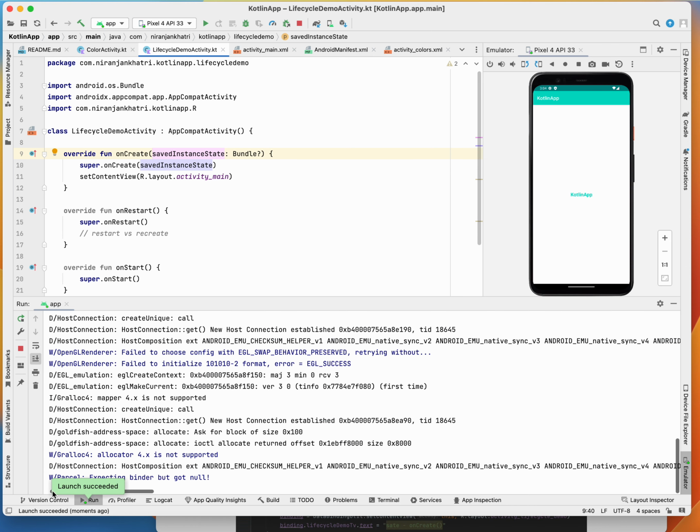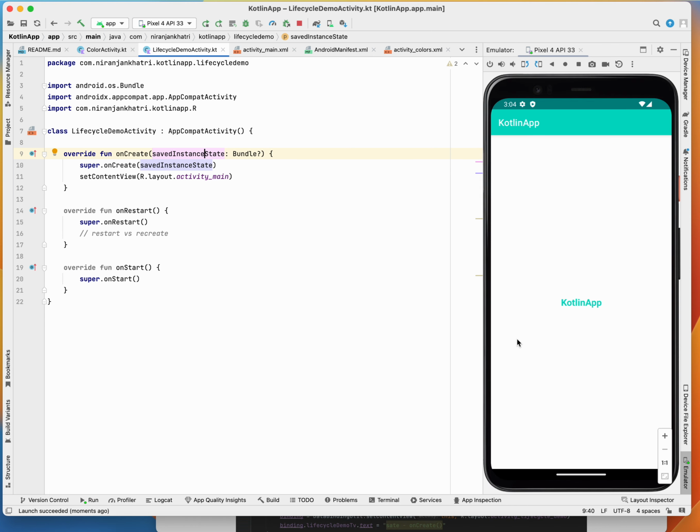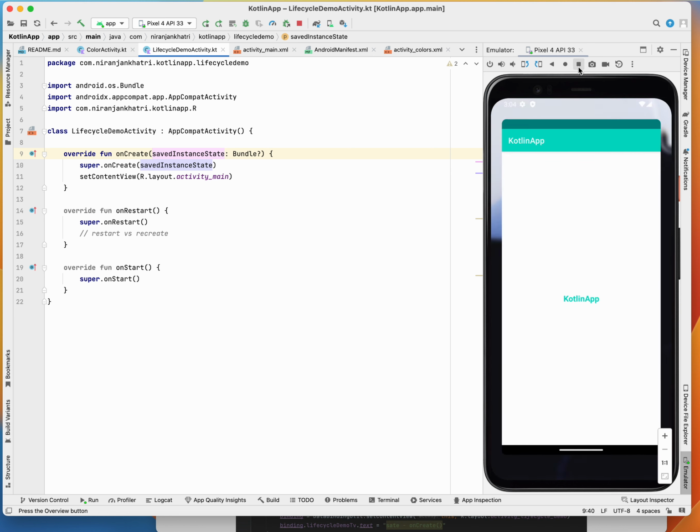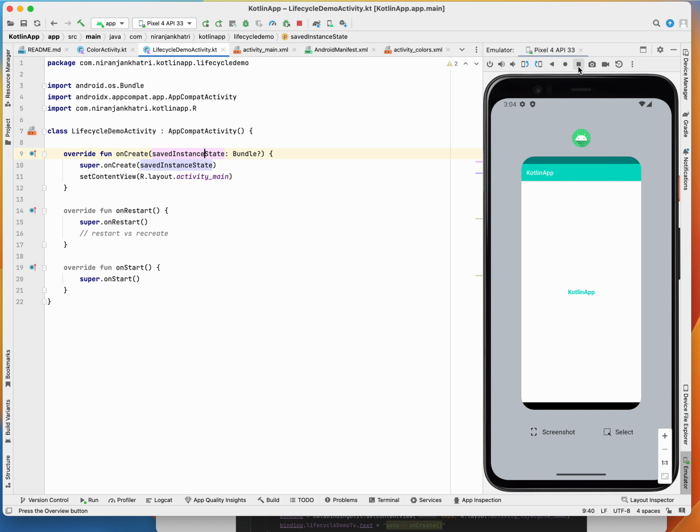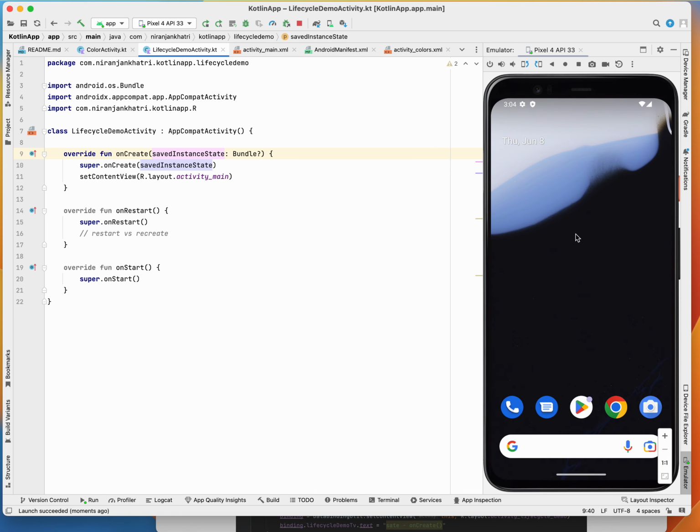Let's run our activity. This is the simple activity. When you press this button, you pretty much make your activity go into the background. Whenever you press the home button, your activity is backgrounded. There are three important physical buttons in our emulator that you can check: this is the back button, this is the home button, and this is the overview button. So we press the home button, and